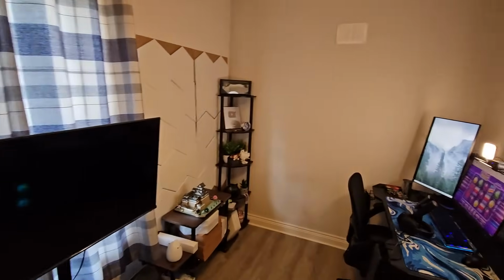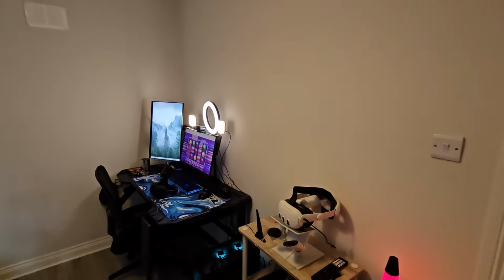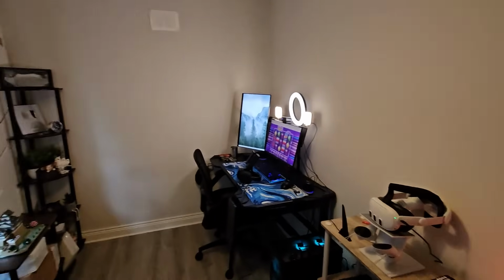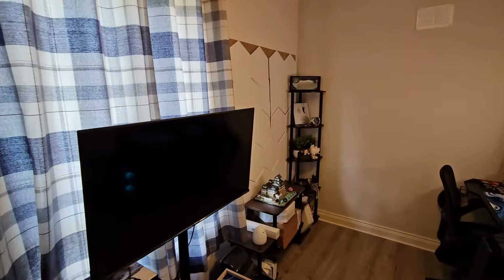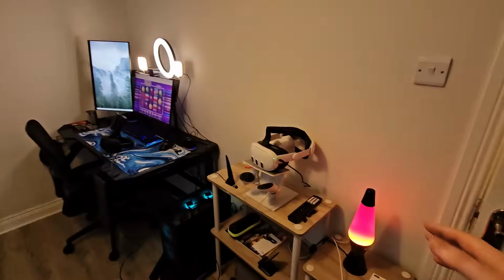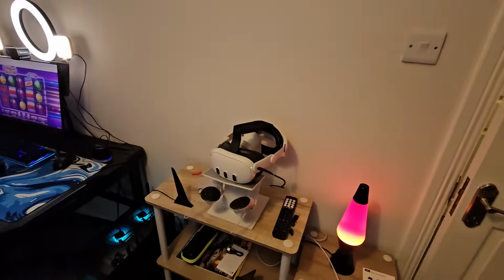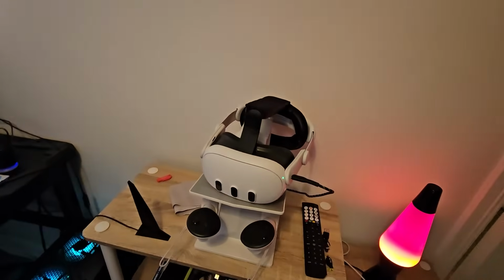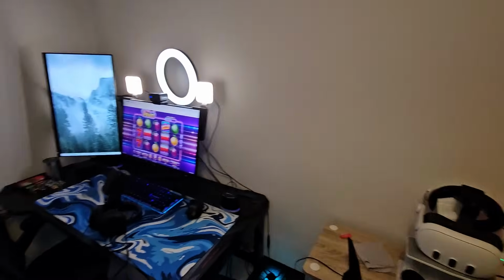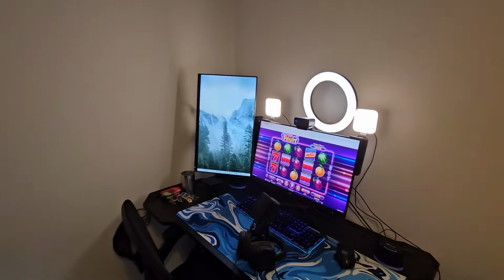Studio tour time. This is the studio study that I make my content from. I'll run through a couple of things with you guys, give you a quick little look around. Not all that much, but we'll start over here. Got my lava lamp. Love me a lava lamp. My MetaQuest. I posted a couple of videos of me playing Hot Fruit. And then this is my main setup.